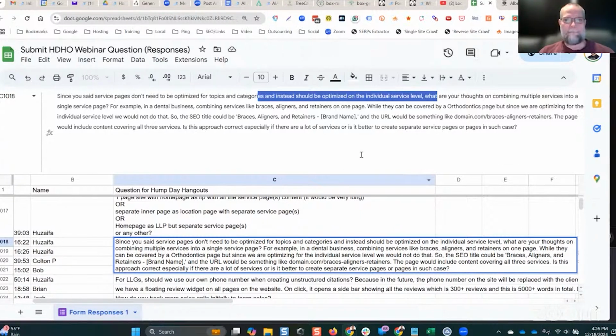Well, now you don't need to. I would try what you're saying on a top level page like ortho. I would still optimize for the top level term though, and then have these as H2s on the page. Each one of those would be H2s on that top level page because that's the top level topic. That would be if you were going to try to do it.